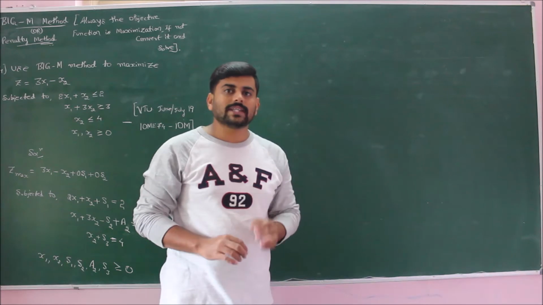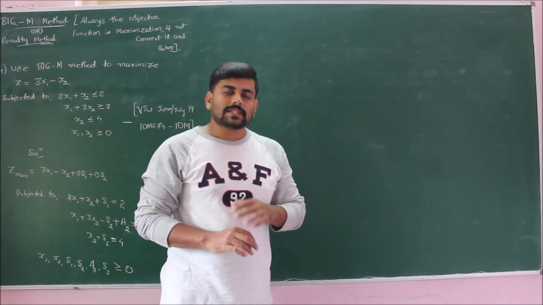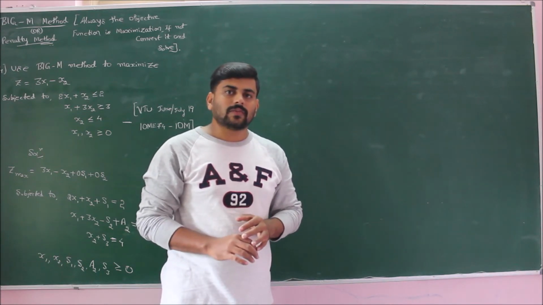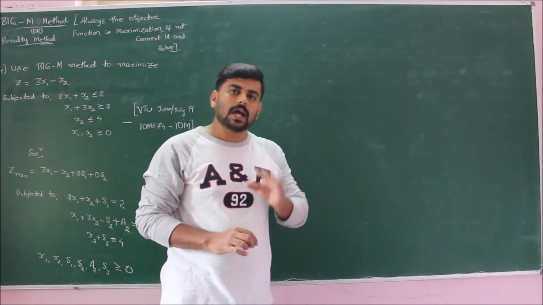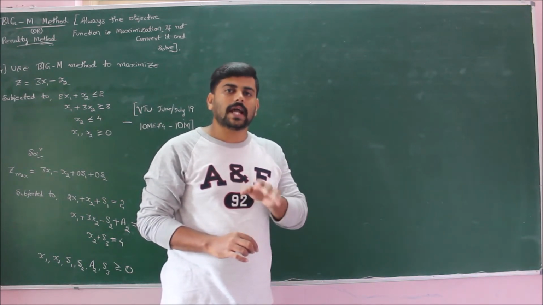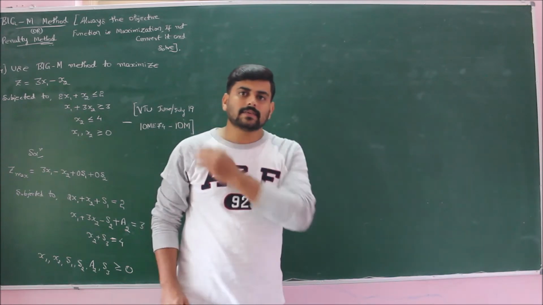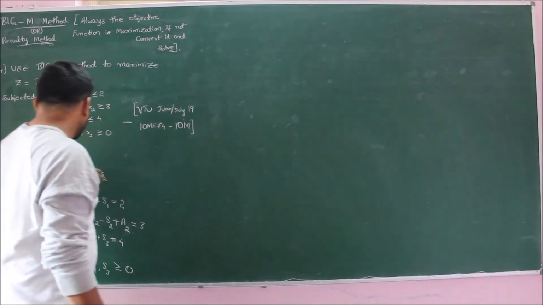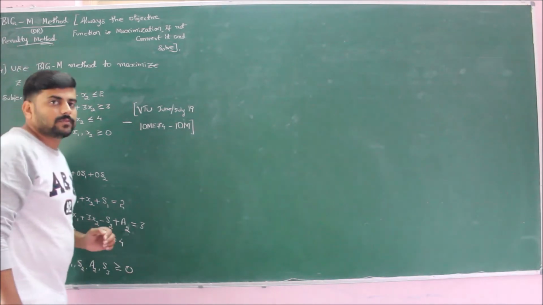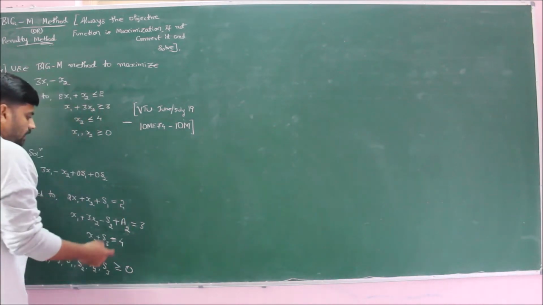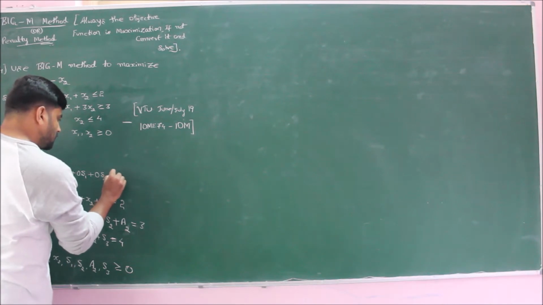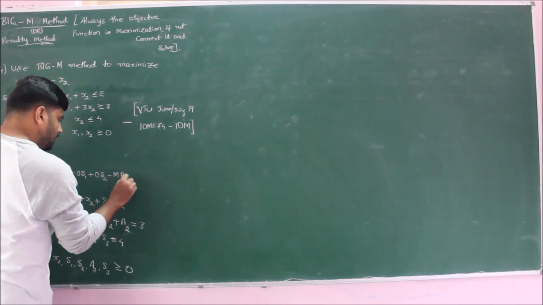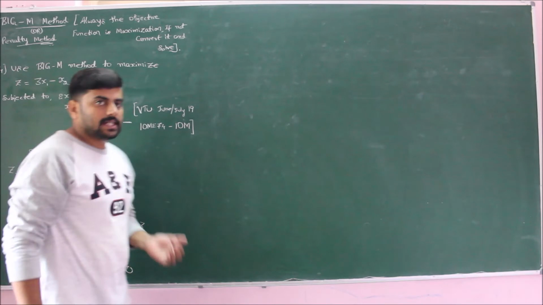But to avoid confusion, we always solve the problem as maximization. If the problem is given as minimization, convert it into maximization and then solve. Since this is given as maximization, we are not converting. The coefficient of the artificial variable is minus M times a2, which we discussed in detail